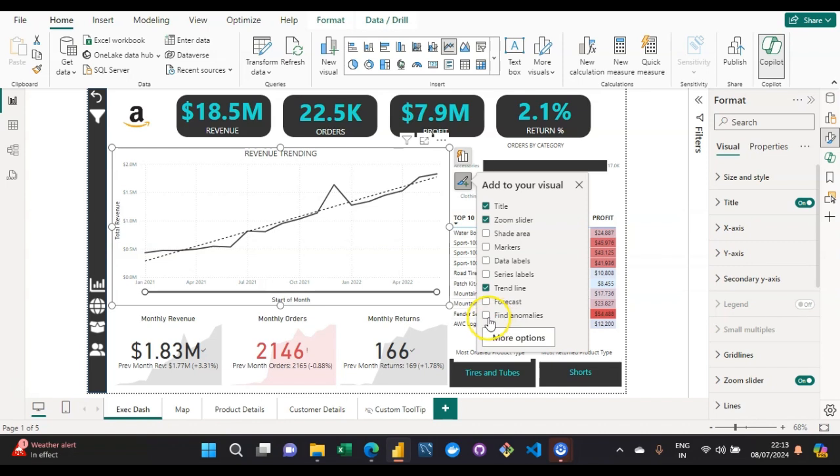So let me click over here. Let us see what exactly we are getting from Power BI and whether we are getting any markers or not. A kind of shaded area is being created. You can see that we have this shaded area.